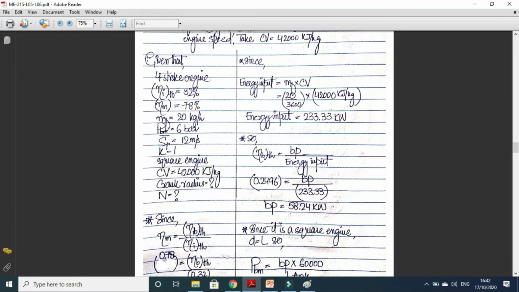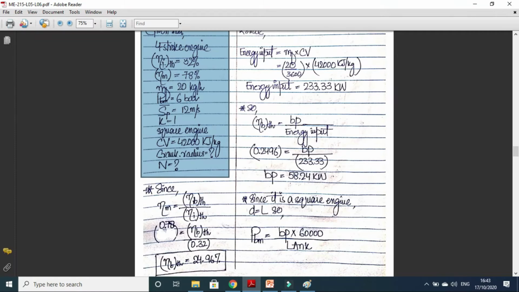So it is always a good idea to write down the given data so that you can make a story of the numerical, the build up of the numerical, that what should be the steps that you move forward. So it is always a good idea to put the given data at one place and then try to analyze the data, that how can you find the required parameters. For this you need to memorize the formulas as well.